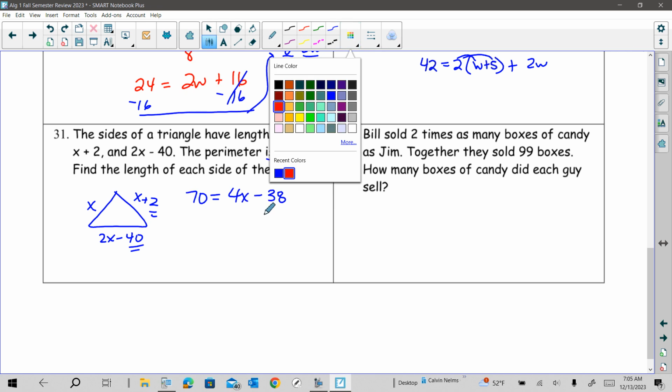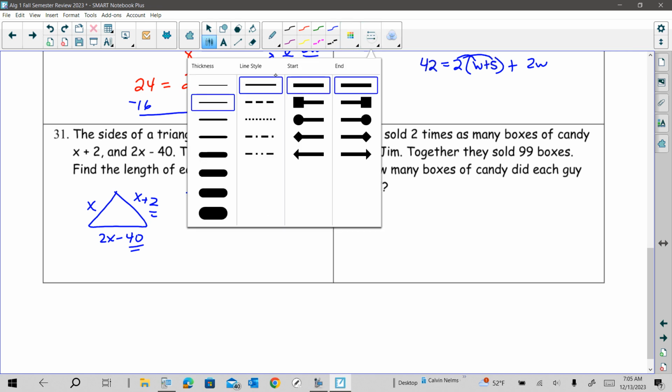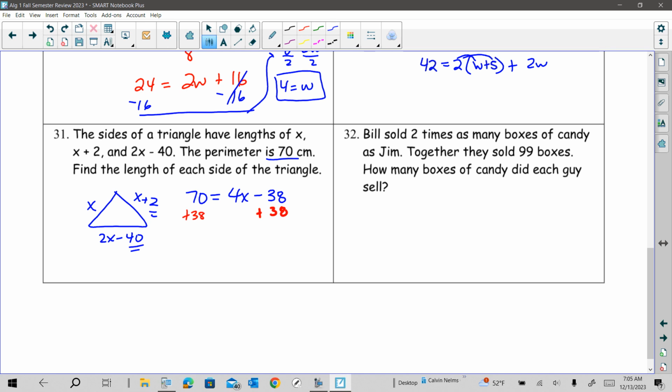Sorry. So we're going to have to add that 38. And then 108 equals 4x. And then we're dividing that by 4. So 27 is one of the lengths. Then we're doing 27 plus 2, so that's 29. We're doubling the 27, 54, minus the 40, it's going to give me 14. And that's what we got to plug it back in. Okay. All right, then that kind of ends up our